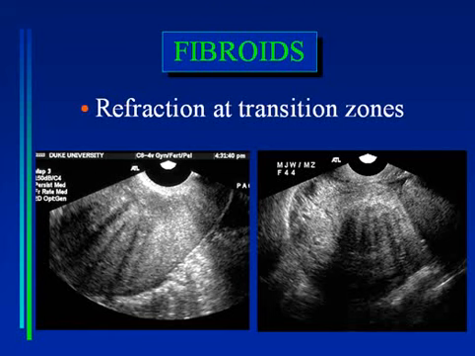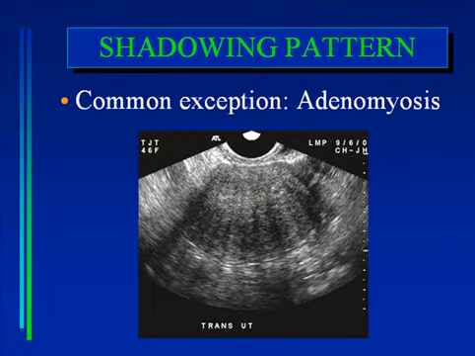In fact, this is another example of this shadowing pattern from a fibroid, and the shadowing is thought to be due to refraction or phase cancellation at transition zones between different materials within the fibroid. Now, this shadowing pattern, the recurrent shadowing pattern, is very typical of fibroids, but it's not completely specific,